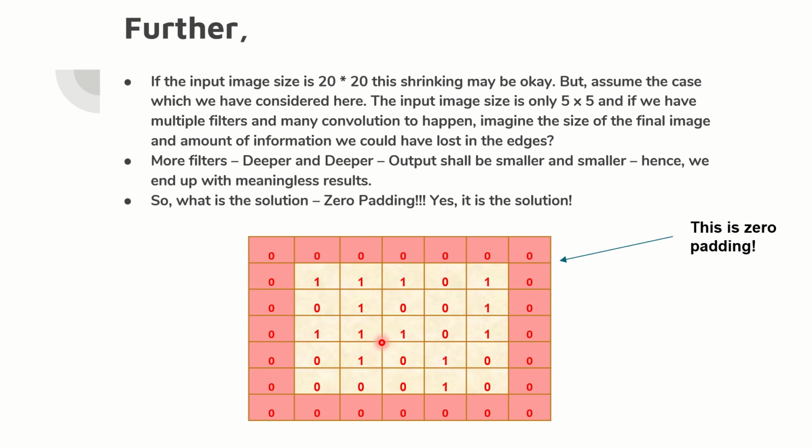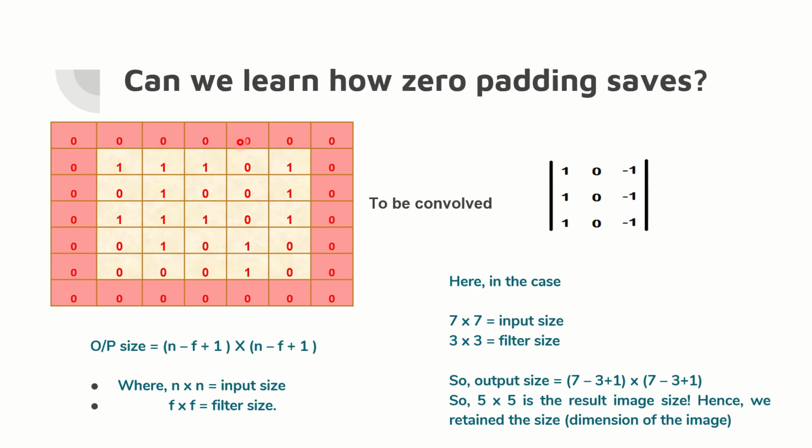So what is zero padding? Zero padding is nothing but padding zeros around the borders. You can see that in front of you. This was the real input matrix that I have taken. I padded it with zeros on all the borders. On all 4 sides I have added zeros, and this is called zero padding. So how does it work, sir?